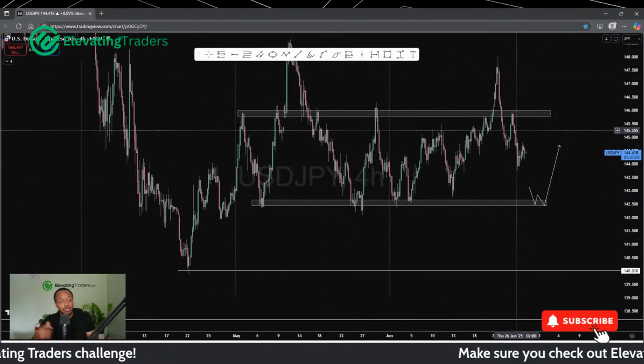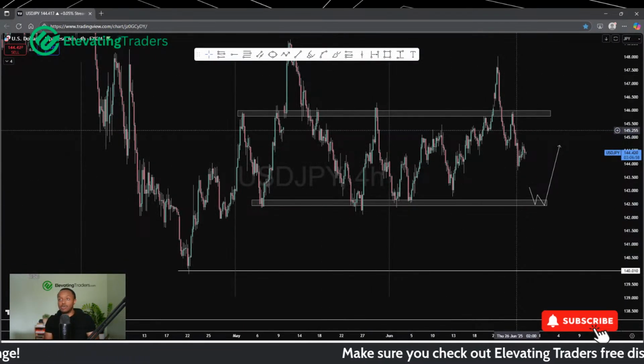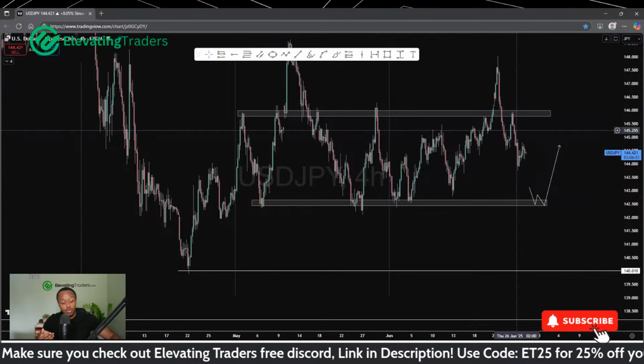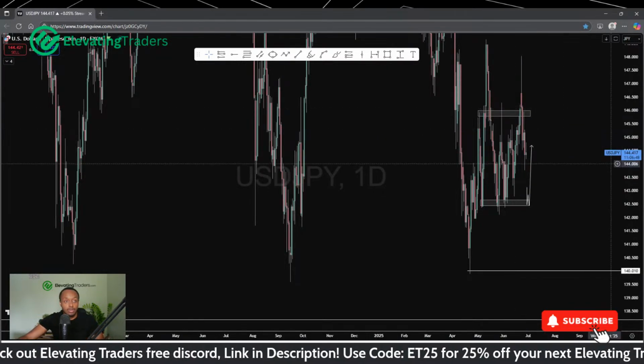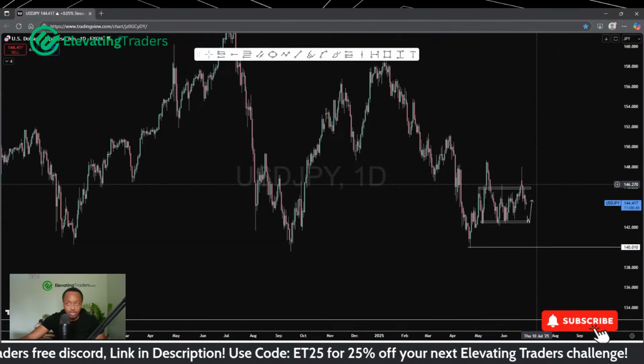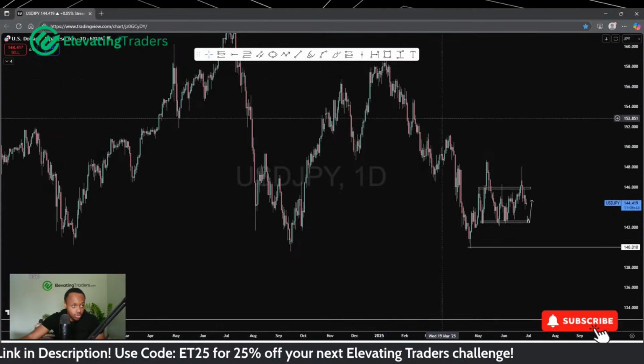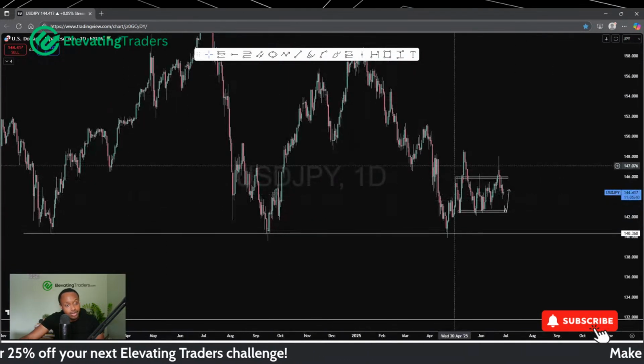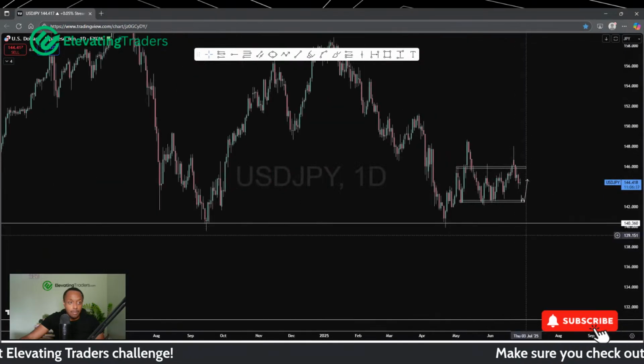Dollar yen does look pretty bearish here, which again is a little bit different to what the other yen pairs are doing. Yeah, so that does interest me. And I'm actually quite bearish on dollar yen as a whole. I'm looking at the high time frames, which I kind of use to generate a bias. We've been falling for quite a while, and I'm looking at support here, and I think price can probably still make a way to come back and retest it.